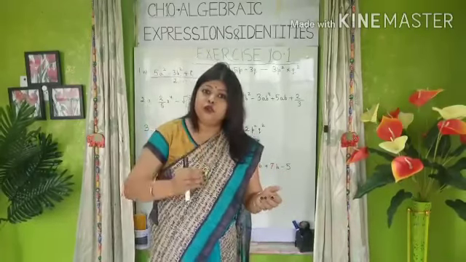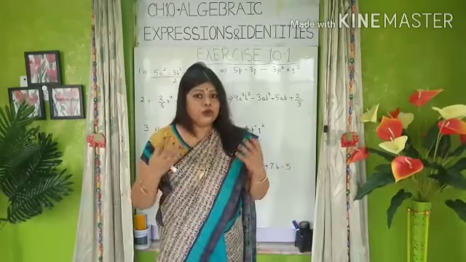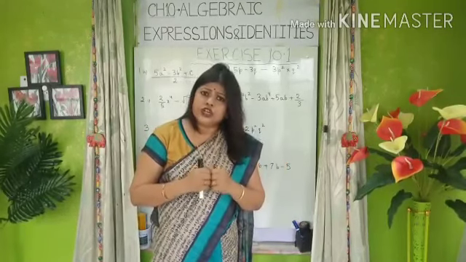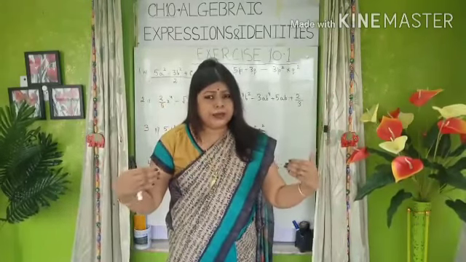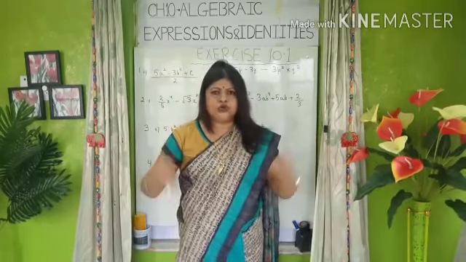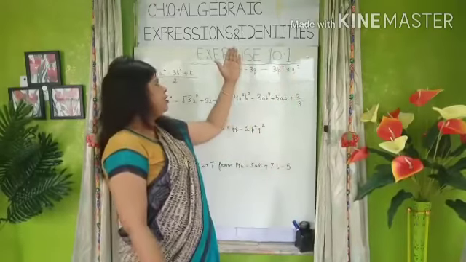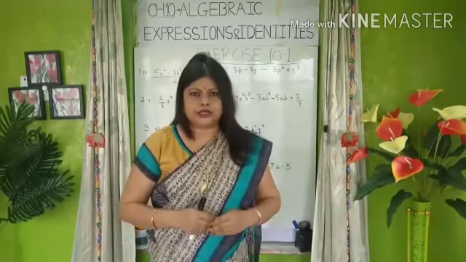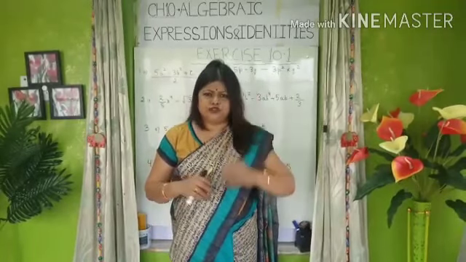So this is a fusion topic. Fusion of what? Fusion of both numbers as well as alphabets. So what do you mean by an algebraic expression? It is a collection. Collection of what? Collection of constants and literals. And how do we connect them? We connect them by mathematical operations. So students, let us begin with chapter 10, that is algebraic expression and identities. Now today is the introductory class. So first let me explain certain fundamental concepts of the chapter.